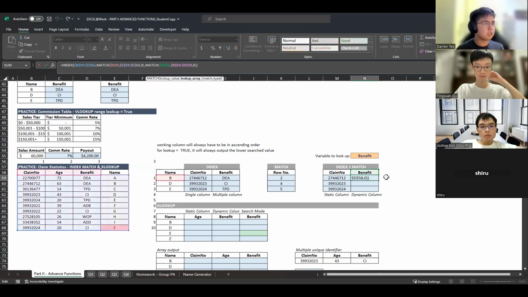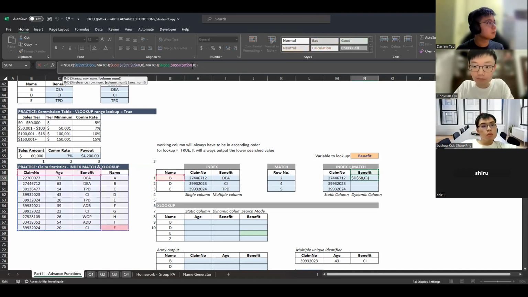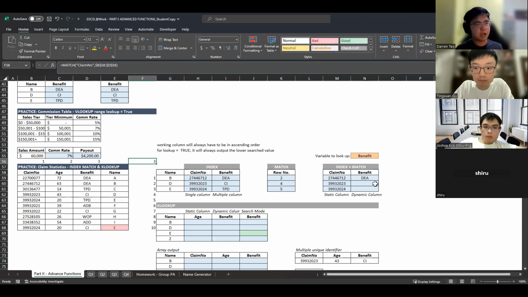You give me 3. Let me see. If I match this, okay, but anyway, this will give me the column that I'm looking for, right? Let's say I change this to age, then this will change accordingly. Okay, so I drag this down. This will then give me everything that I need to find over here. Okay, so this is how it works in general.